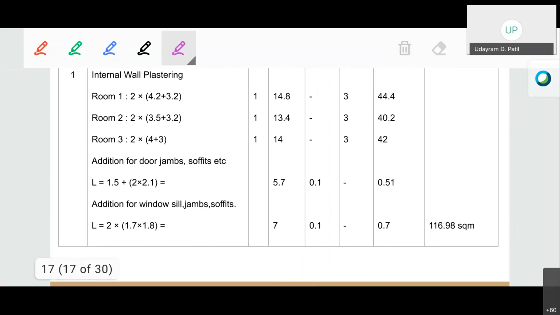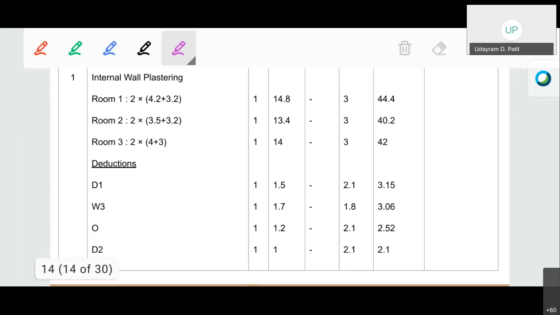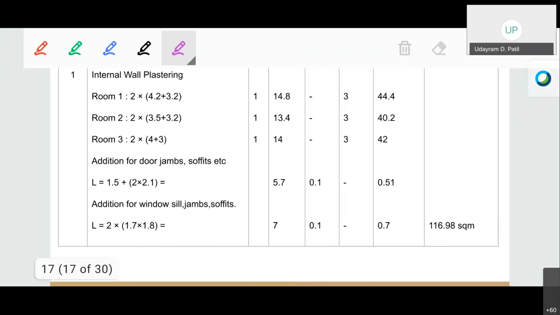Yes, 116.9567. Okay, recalculate करत चला, प्रत्येक कॅल्क्युलेशन क्रॉस व्हेरीफाय करत चला. ओके, in case of this particular class, there are no many decimals, only up to point 2 decimals is there. So the quantity should be as close as possible, or the quantity should be exactly 116.98 meter square. Because there are no जिथं तुमची गडबड होऊ शकते असं कुठेही काही तुमचे डेसिमल नाही आहे जास्त.